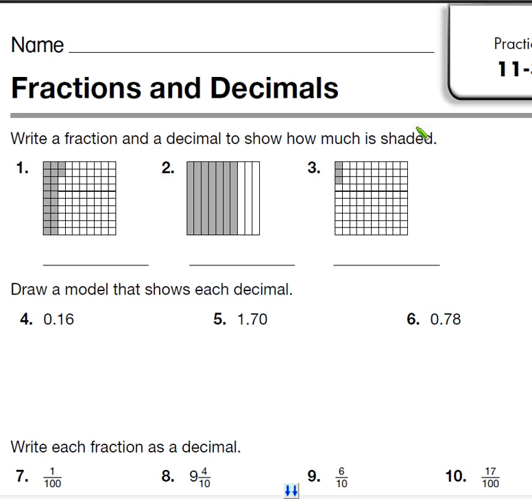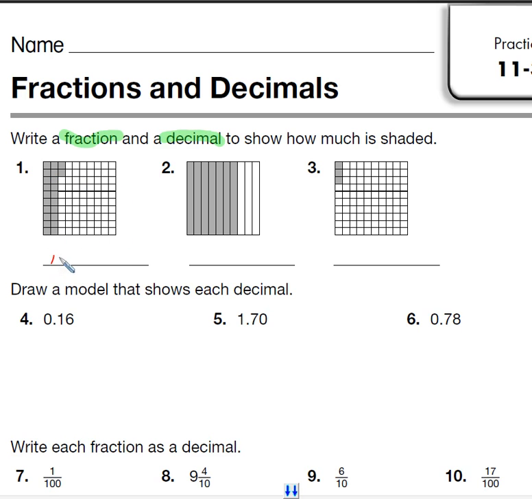Again, we're working on turning fractions into decimals and decimals into fractions. We're working on the tenths place and the hundredths place. So just real quickly, for 1, 2, and 3, you should be able to do these pretty quick. But you're writing a fraction and a decimal. So for the first one here, since this square is broken into 100 pieces, we're obviously going